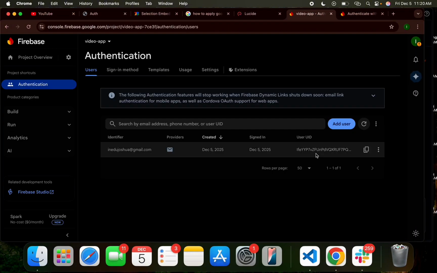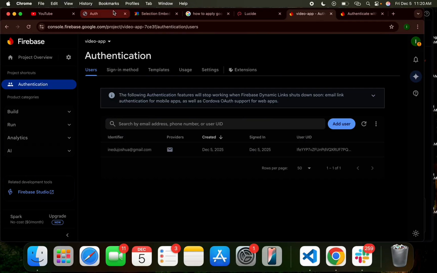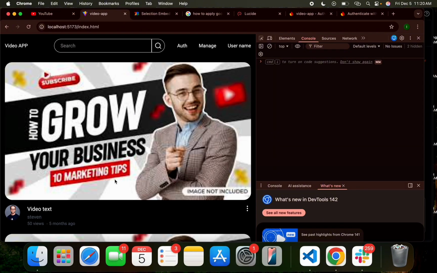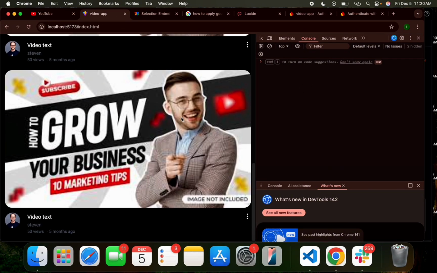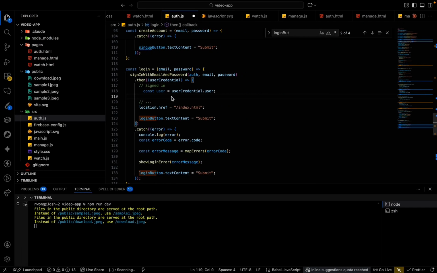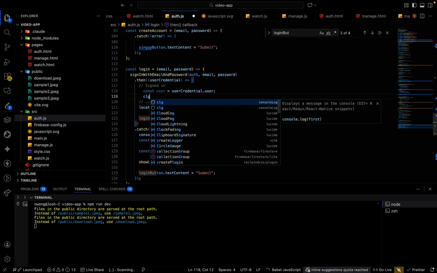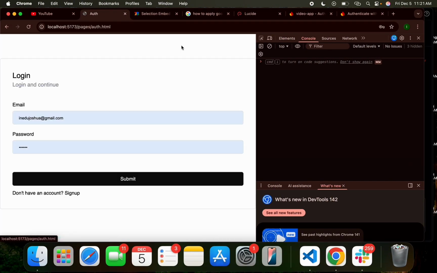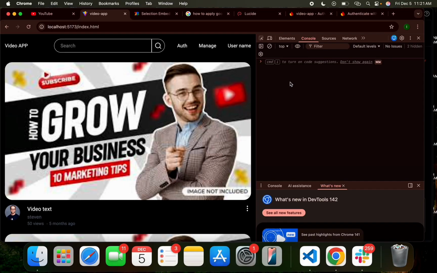So if you check here now, on login, if we try to log in this user, we are routed back to the login page. So the user has logged in successfully. Now what we want to do is store the user's data, right? So let's go back to the auth, and then on the auth, when we click on submit, you see,